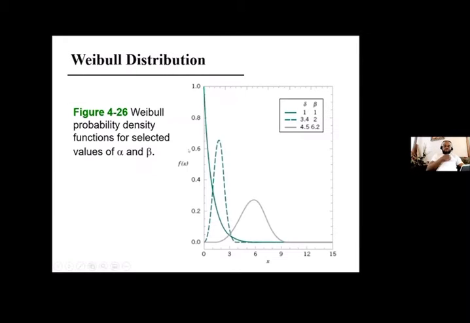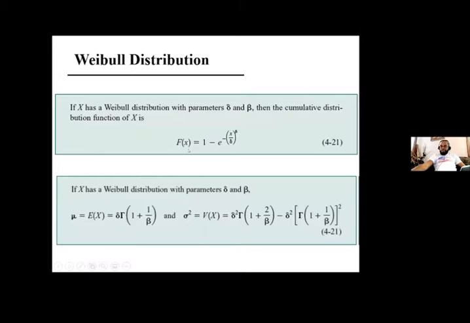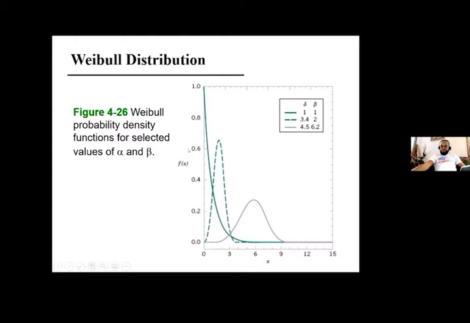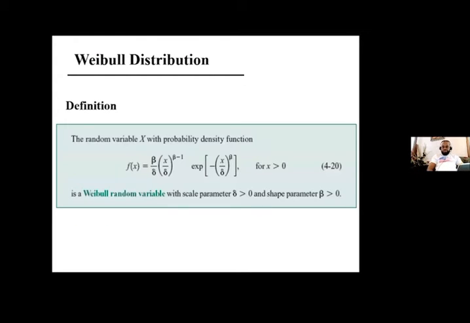Okay, so before we get to Weibull distribution, I introduced everyone to the exponential distribution, and I said the focus today will be on Weibull, and Weibull is a generalization of an exponential distribution. Of course, Weibull is a very good distribution for waiting time before the occurrence of a certain event.